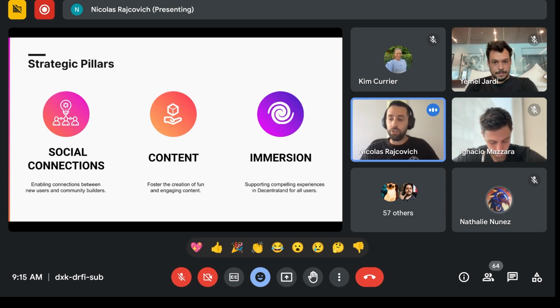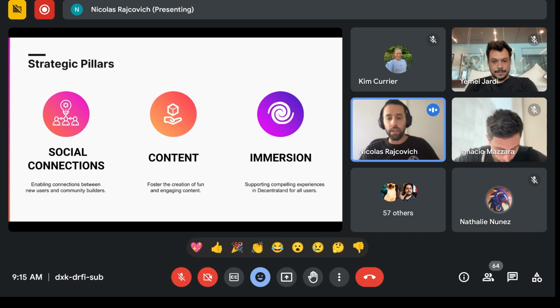Also, content obviously is super important. Trying to make better tools to make fun, engaging content in an easy, efficient way is super key for all of the community.